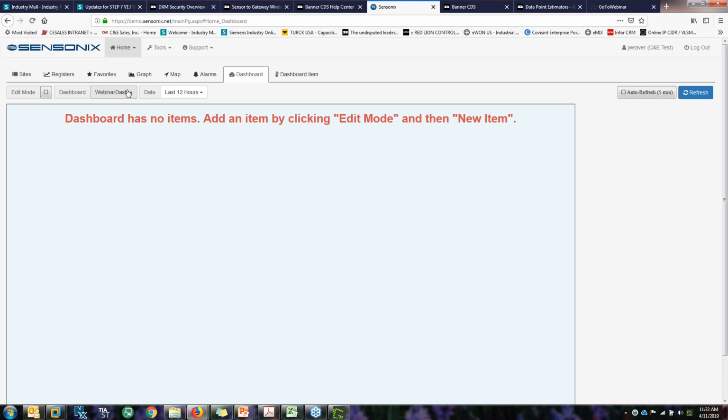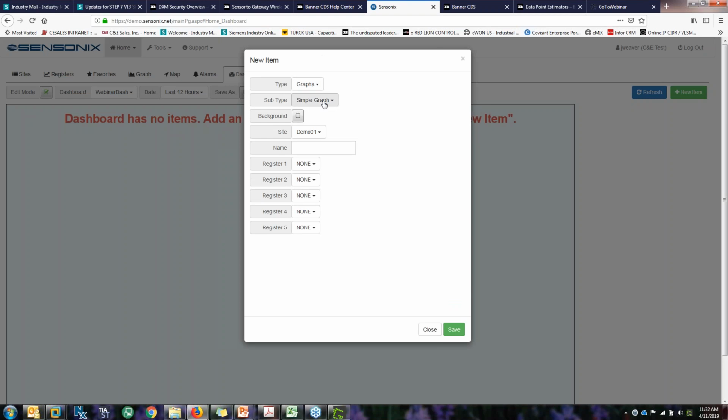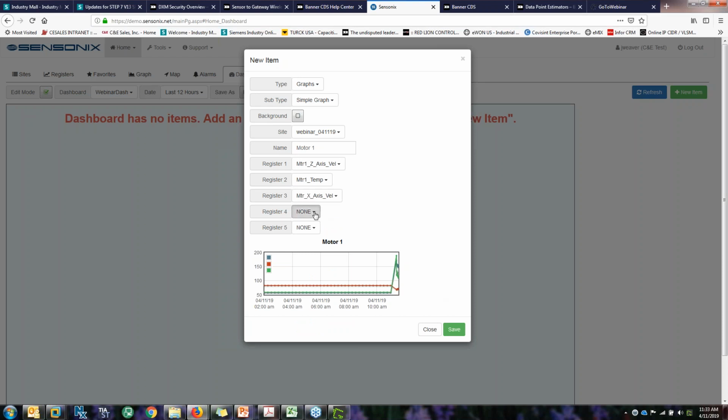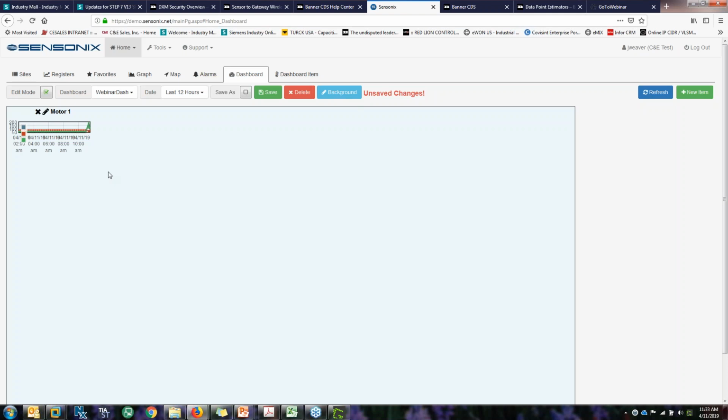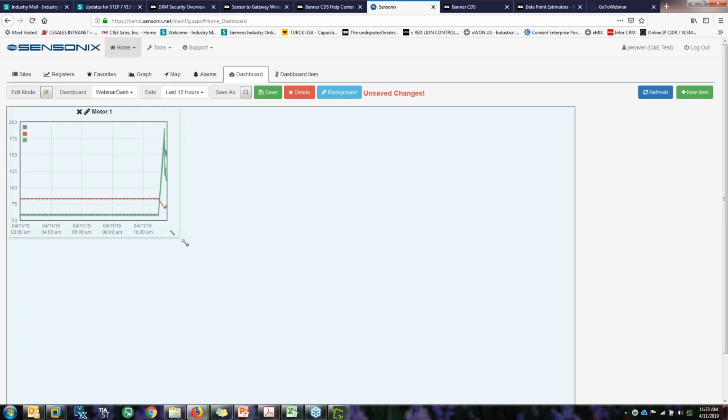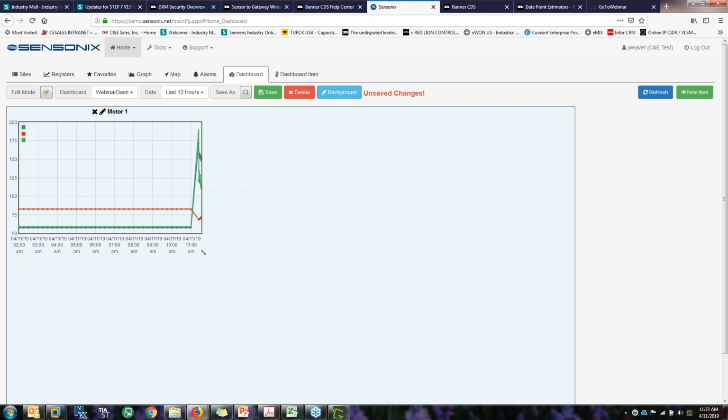So we'll say, okay, it's webinar dash. We're going to select edit mode and set a new item. Do a simple graph from our webinar site, and we'll call this motor 1. And I want to see the z-axis, I want to see the temperature, and I want to see the x-axis vibration. And save. Now just like that, on my dashboard, I've got my